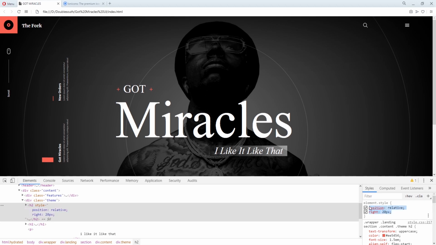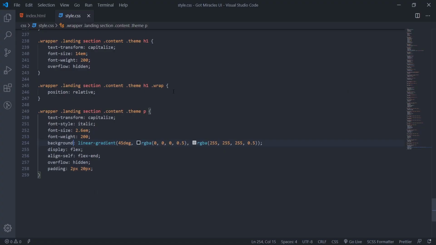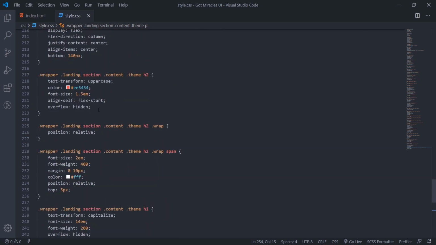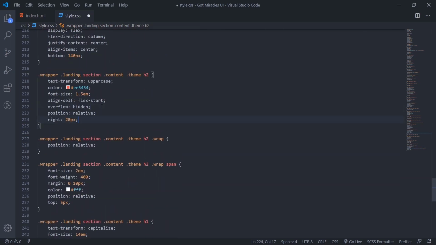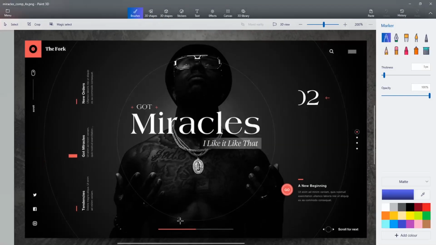So you see them, they don't align properly here. So what I'll do, I'll add them to the H2. So we don't get this one.